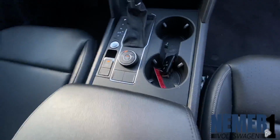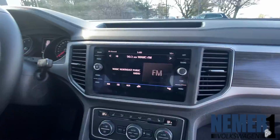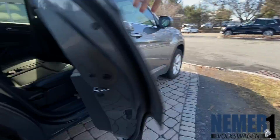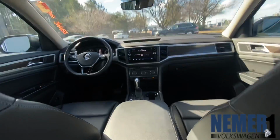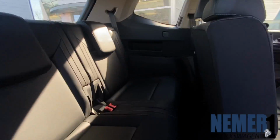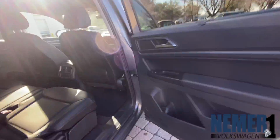This all-wheel drive SUV comes with a 3.6-liter VR6 engine with an 8-speed automatic Tiptronic transmission with driver-selectable modes. You get front and rear anti-roll bars with gas pressurized shock absorbers, ABS and driveline traction control with active blind spot monitor and sensors, lane keeping and departure assist, backup camera with rear cross traffic alert, forward collision warning with